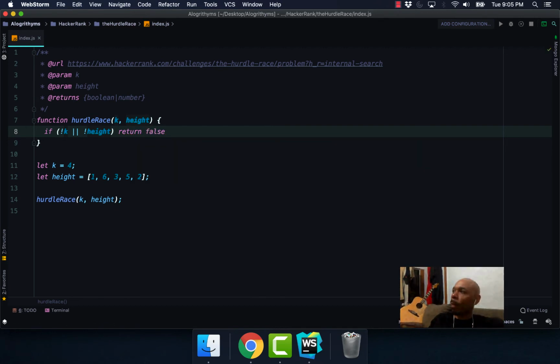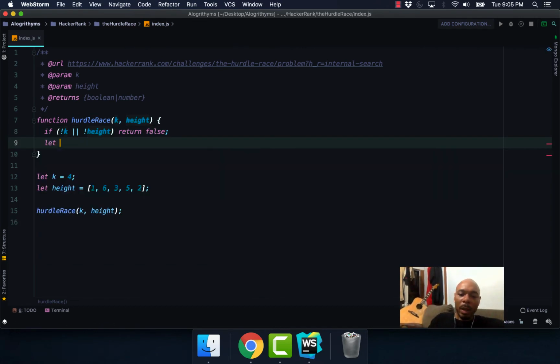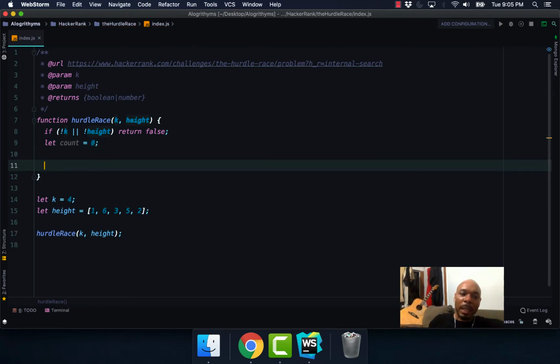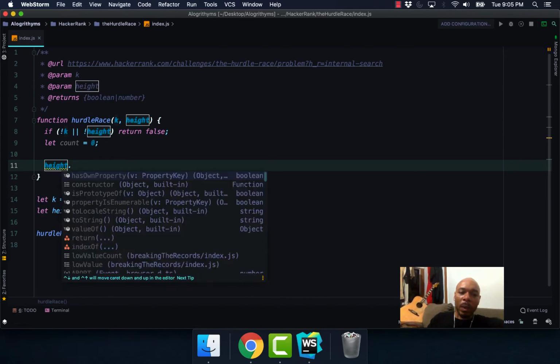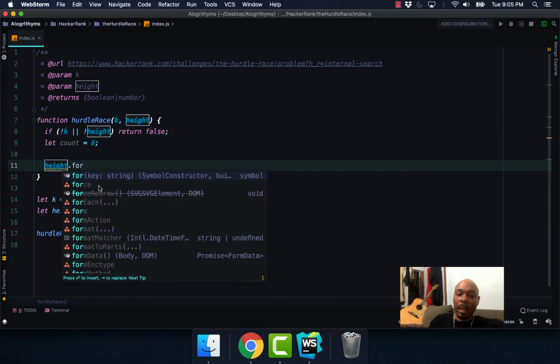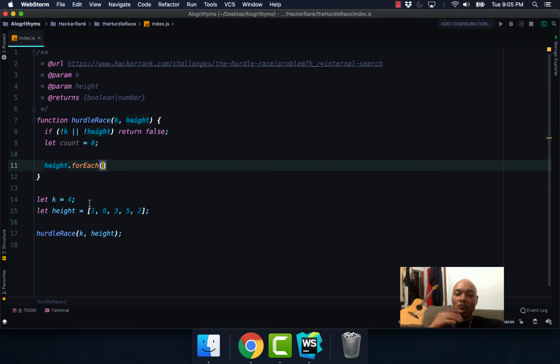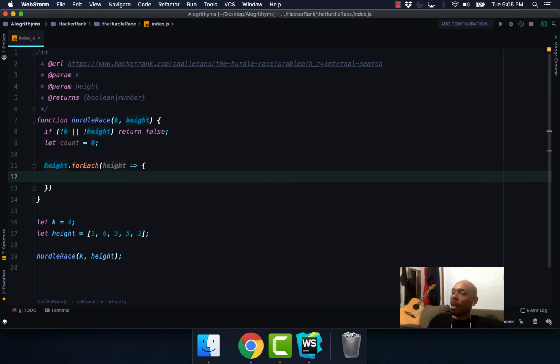All right. Next, we're going to create a variable titled count. And count is basically going to calculate the number of times we have to drink this super juice to increase our vertical. After that, we're going to grab our heights and use the function forEach. This is going to help us iterate through each one of the values in our array. So we're going to reference our height, and we're going to say while